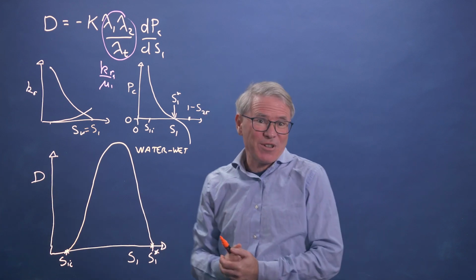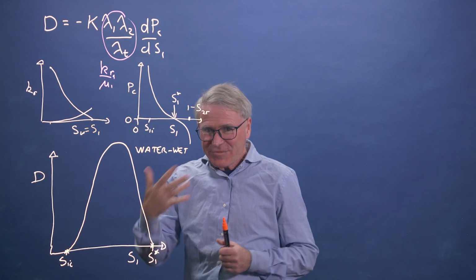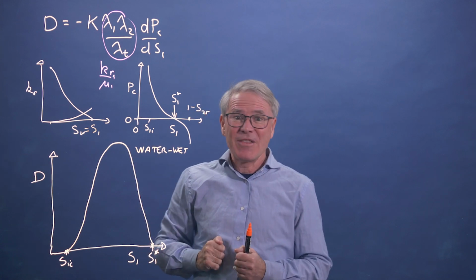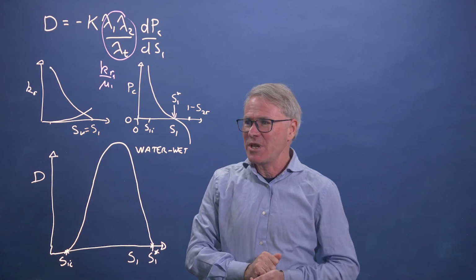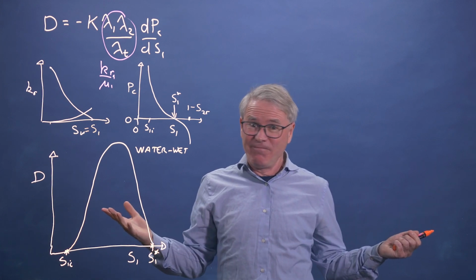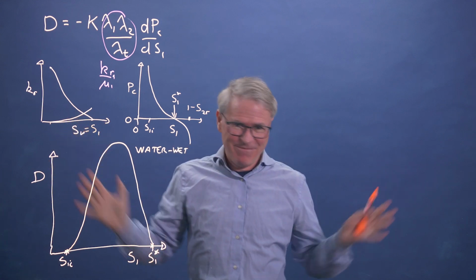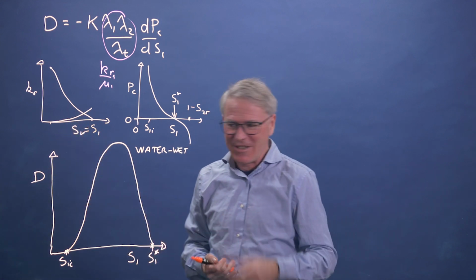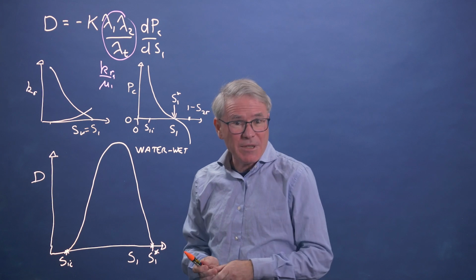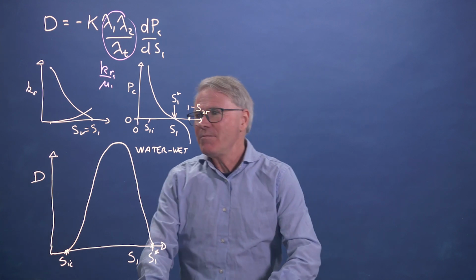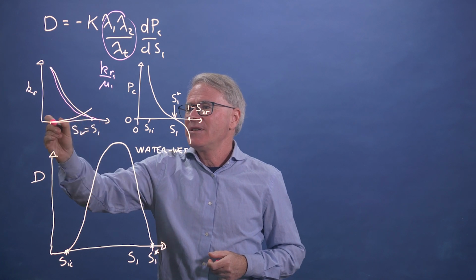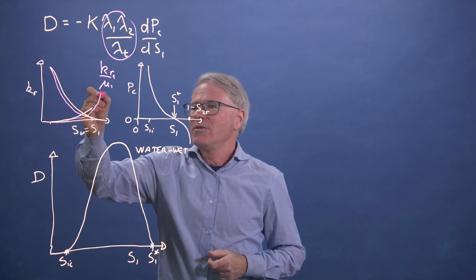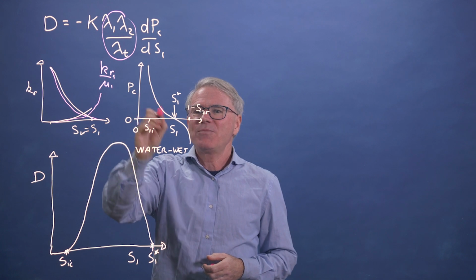Now, we have looked at 3 types of wettability. One was water wet, the other was oil wet, right, or hydrophobic, right, not liking water. In that case, there's no spontaneous imbibition, so nothing to do, nothing to see. So if it's hydrophobic, there's no imbibition. But what happens if it's mixed wet? If it's a mixed wet medium, we get typical relative permeabilities that sort of look like this, but S1 star